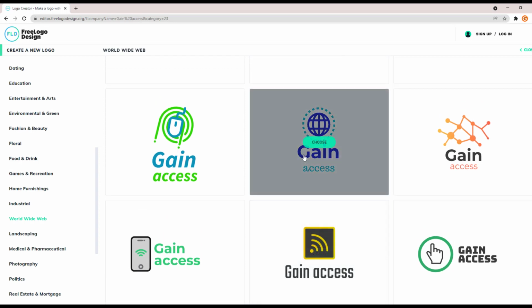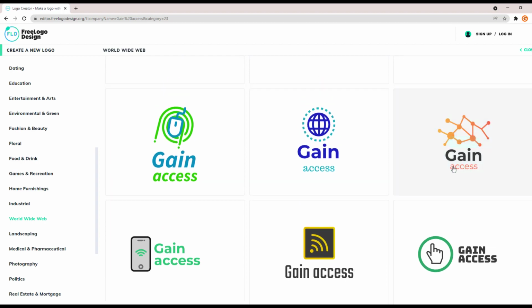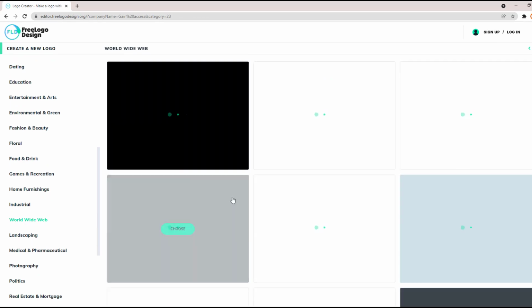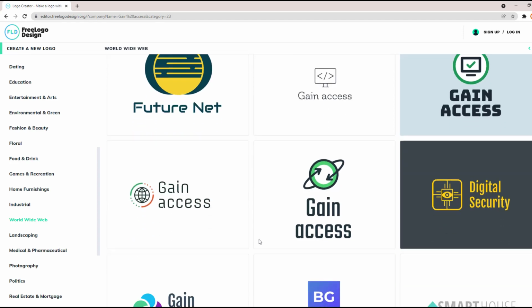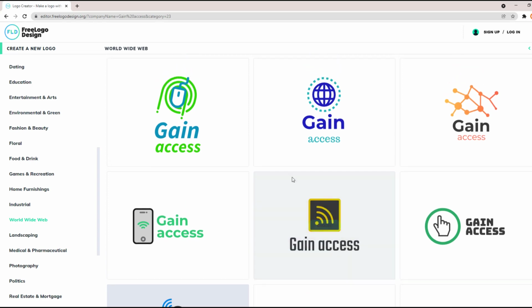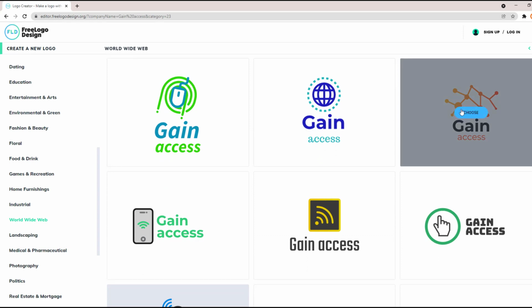Now, I want you to scroll down and choose any one of these designs. Let's just say, once you finish on page number 1, now here go on to the next page, and they'll show you even more different logos. As you can see here, the name of the company will show up right here on the logo. Now, if you're not satisfied with any of these logos, or for example, when you send to your client on lithium.org and they're not satisfied, you can just go on and select any one of these new logos and show them once again. There are just unlimited options and unlimited creative logo designs that you can choose from with just a click of a button,